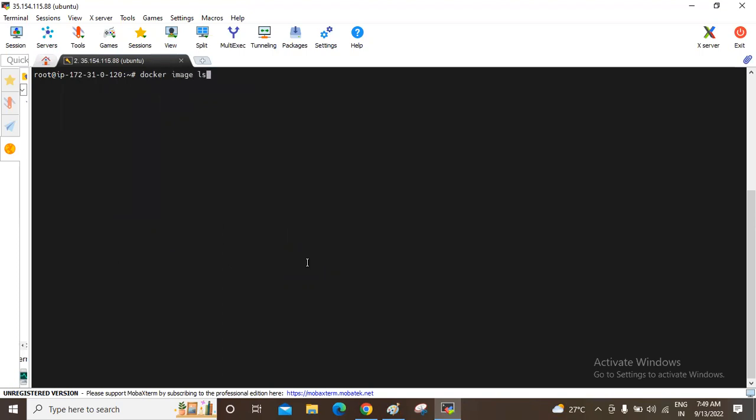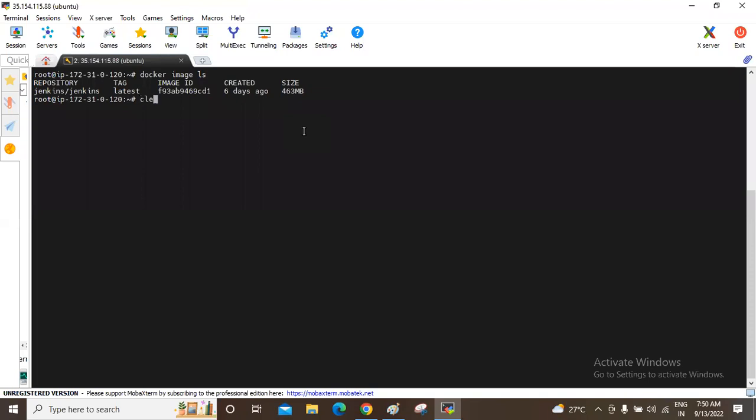Now, how to check whether that is downloaded into our machine or not? Docker image ls. I want to list out all the images. See, the Jenkins repository has been downloaded. The tag is latest. Latest means some version things. We will learn this. Some ID has been allocated to it, in order to distinguish between different images. Some random ID will be allocated to particular Docker images. This Docker image was created 6 days ago, which means it was updated 6 days ago. This is existing from the beginning of Docker itself. The size is 463 MB.